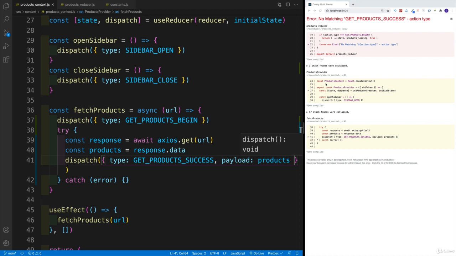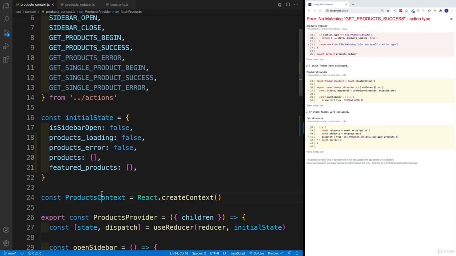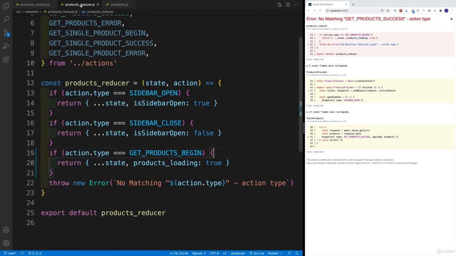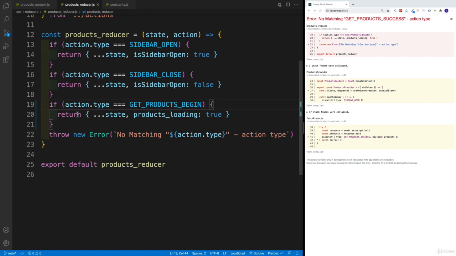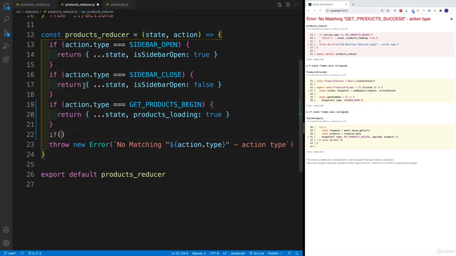So in order to fix our error, I would need to navigate to my reducer and handle that. So in this case, of course, we're talking about get products and then success. And there's two cases. There's one for featured ones, so we'll have to filter our existing array. And the second one is just dumping the products that we're getting into our state property, correct? So let's navigate to products reducer. Again, what action type are we looking for? Well, we would want get product success.